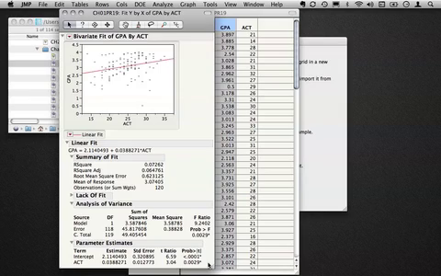And this probably makes sense if we think about it a little bit, that probably what's in common with these things is someone's intelligence, motivation, perhaps how much they study in school. There's many factors about a person that it would make sense would lead to somebody who has a high ACT score to also have a high GPA score. So we don't need to make a causal argument, we just simply need to make an argument that there's some